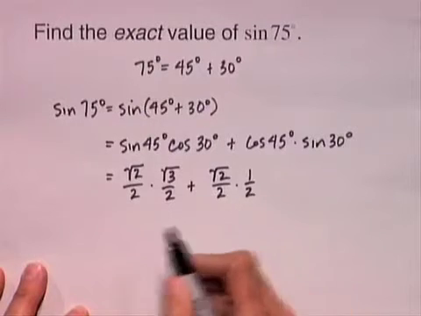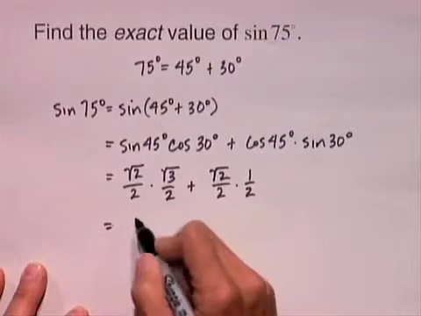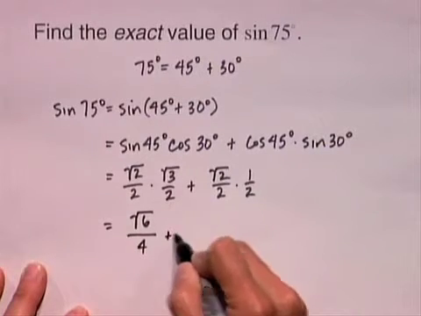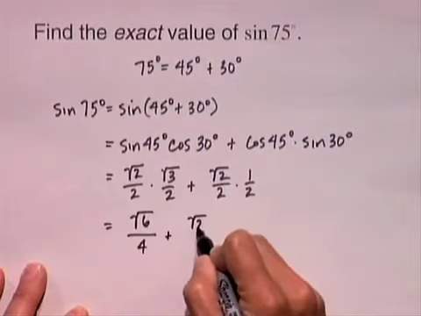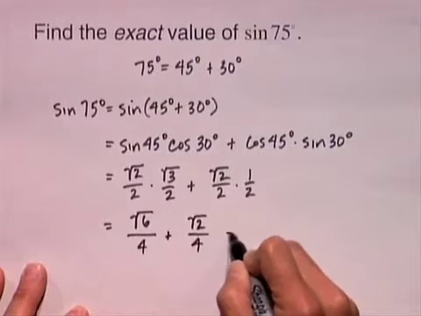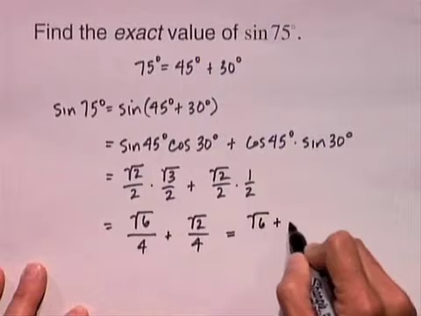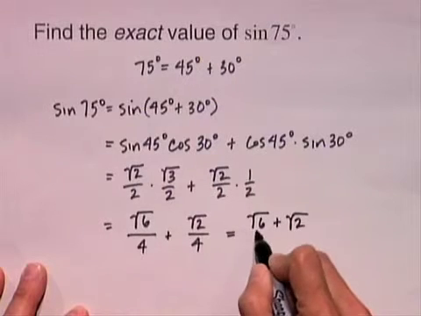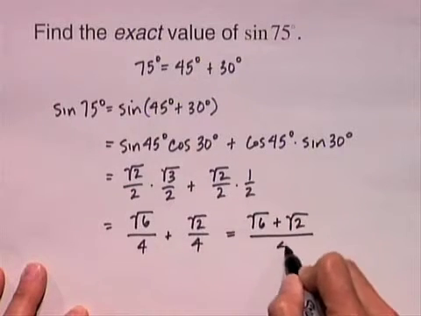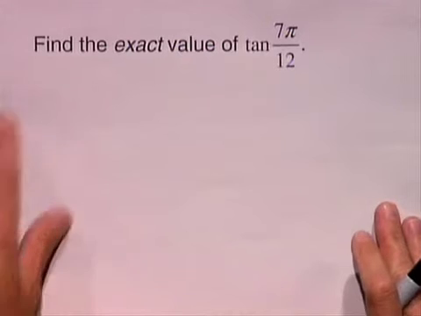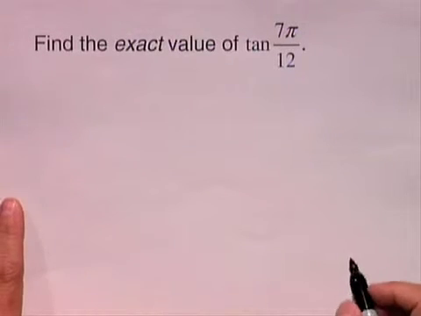And all I need to do is simplify. Square root 2 times square root 3 is square root 6. 2 times 2 is 4. Square root 2 times 1 is square root 2 over 4. The fractions have the same denominator, so finding their sum, I write square root 6 plus square root 2 over 4. Well, let's continue this idea, but now we want to find the exact value of the tangent of 7